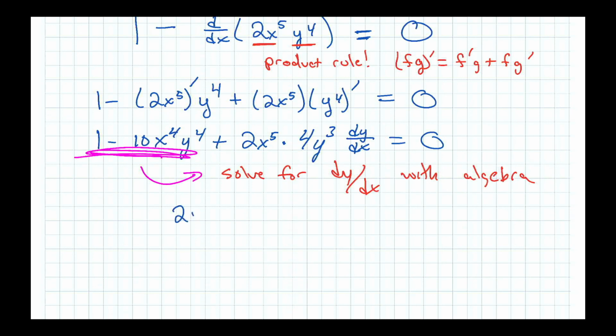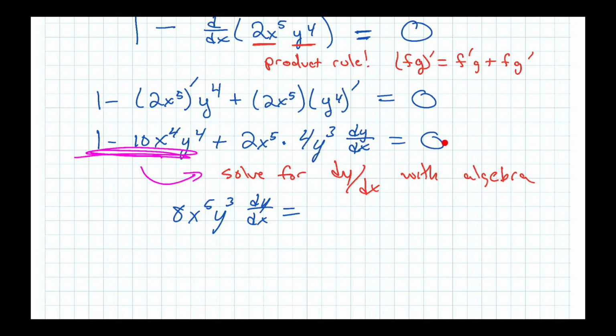So you're going to end up with 2x to the fifth. Actually, let's just multiply a little bit here. So 2 times 4 is 8, right? So this term right here turns into 8x to the fifth, y cubed, dy/dx equals,